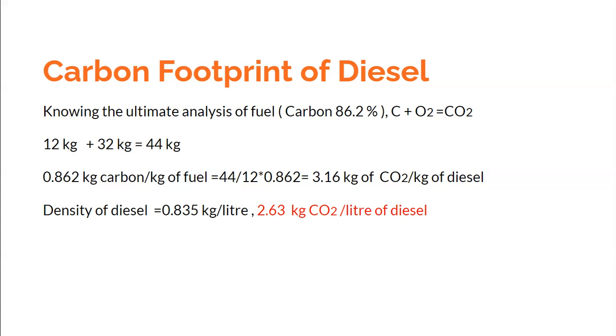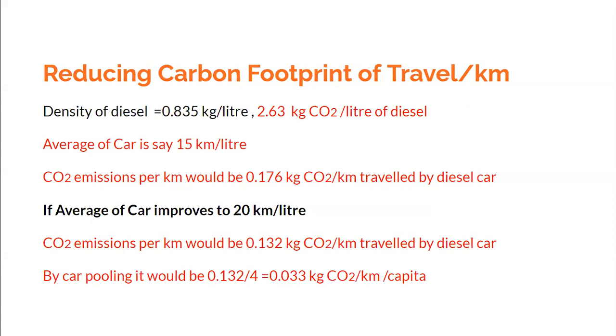Now we will be taking a standard value of density of diesel. Again, that value might change from place to place. So using this value, I have calculated that every liter of diesel consumed would give us 2.63 kgs of carbon footprint. Okay, so considering the density, I just converted the kgs of diesel to liters of diesel, and that gives me the carbon footprint for every liter of diesel as 2.63 kgs of CO2. So that is the emission factor per liter of diesel. This one can be converted into per kilometer.